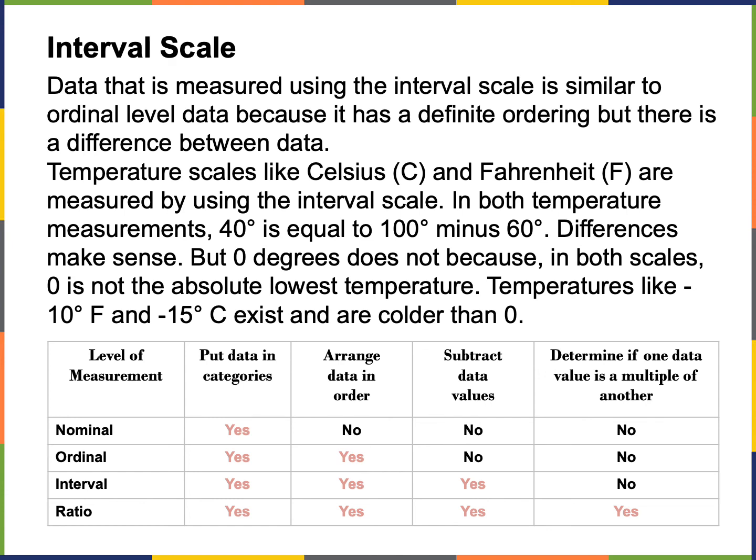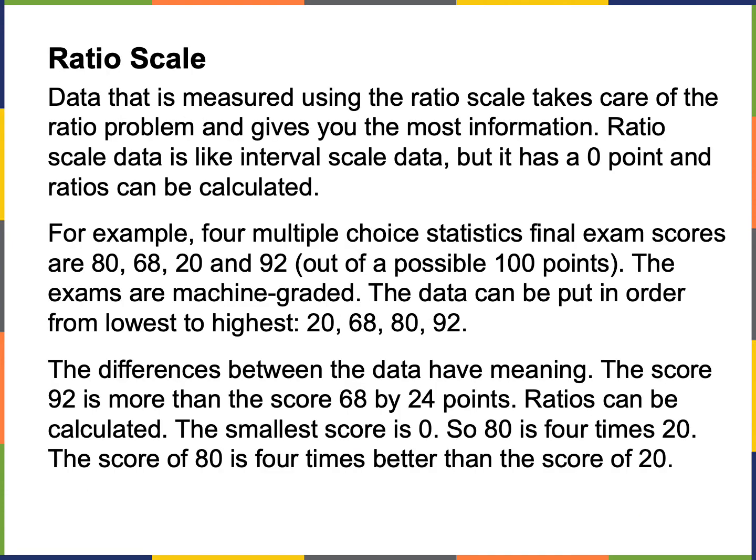So next is ratio scale. Data that is measured using the ratio scale takes care of that problem and gives you the most information. Ratio scale data is like interval scale, but it does have a 0 point, and ratios can be calculated. So for example, for multiple choice statistics, final exam scores